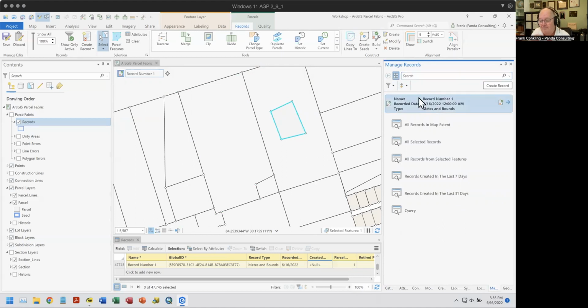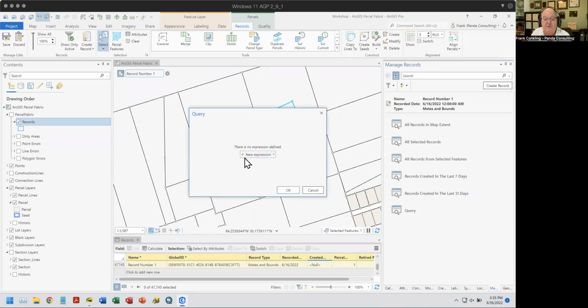This is a demo one. But it is editor tracking. So it will say what was created in the last 7 days, what was created in the last 31 days. You can actually do that query and say, just show me what I recently did in case I need to do that. Finally, you can also do a query in which you can build an expression in which you can go and